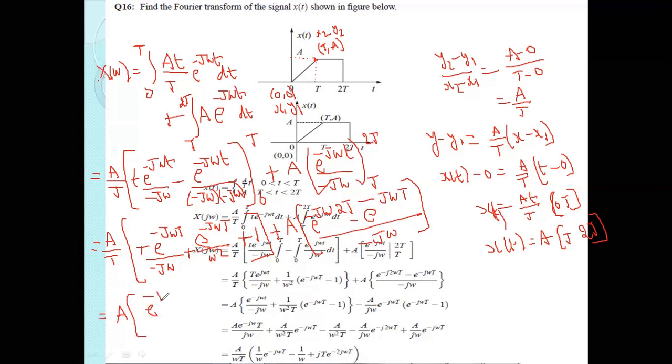E power minus j omega into capital T by minus j omega, and plus A into, the A is already a common term, 1 by, e power minus j omega T whole divided by omega square into T, omega square into T, plus